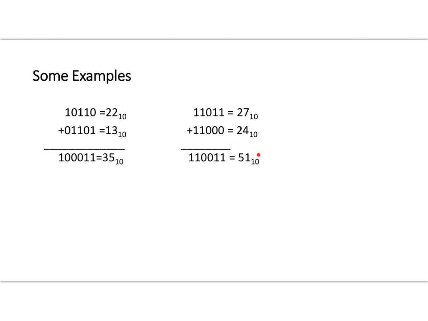Okay, here's another one over here. 27 plus 24 equals 51. 1 plus 0 is 1. 1 plus 0 is 1. 0 plus 0 is 0. 1 plus 1 is 0. Carry the 1. Okay, here's an instance where you have to add the 1 plus 1 plus 1, which is